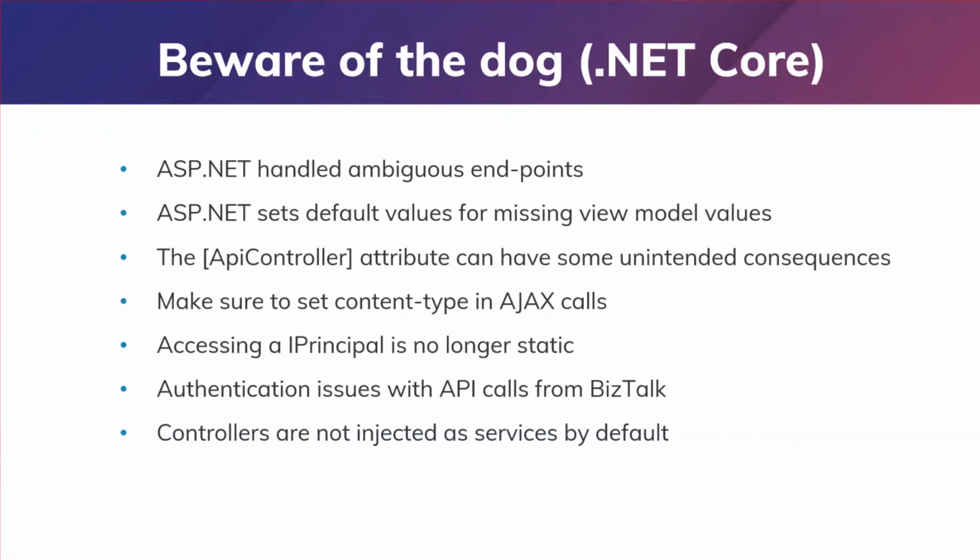Also, if you're doing an Ajax call, make sure you set your content type. Again, this is best practice. This is nothing you should have an issue with, but we had places where we didn't set the Ajax call content type. We didn't serialize it properly. In the old framework, they kind of just worked, but in .NET Core, they're much more strict, which is good, but you will find this kind of hidden technical debt in your app when you do that.